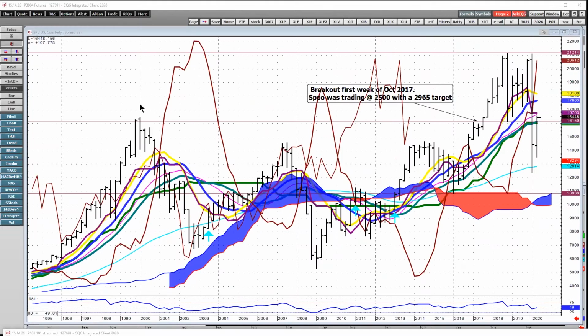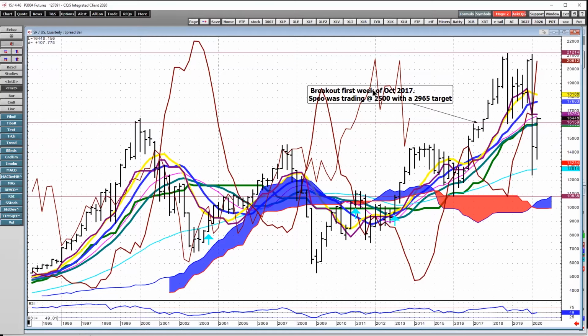Now take a look at this. This is the S&P bond spread. This is a pit spread, which means that the data goes back to the inception of the S&Ps, which was 1982. I'm going to expand this chart again for you so you can see what I'm talking about. But here's the 1999-2000 high. We had a big break. We came back up. In 2017, we broke above this 1999-2000 high.